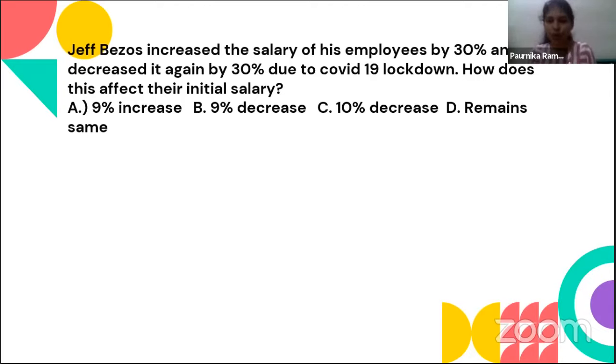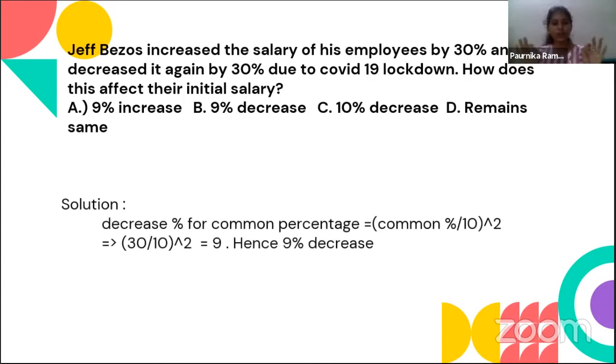Instead, if you go with the tips and tricks that we emphasize, you don't even have to take the pen and paper in your hand, and you can say the answer just by following the question. It is a very simple trick that has to be approached when it comes to this kind of problem.